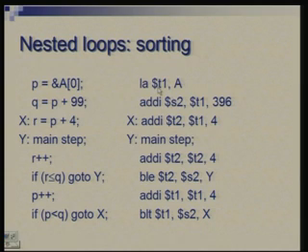So, once again it will translate very simply. The pointer initialization is load address. So, T 1 is carrying our p value. The next statement prepares q for comparison purpose. S 2 contains T 1 plus 396, right. T 2 is initialized to T 1 plus 4. So, T 2 is R. Main step, again I will elaborate later.